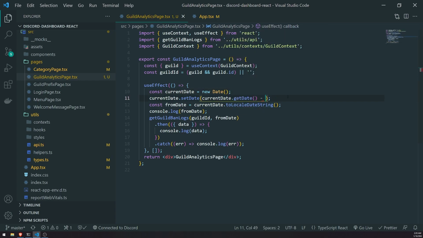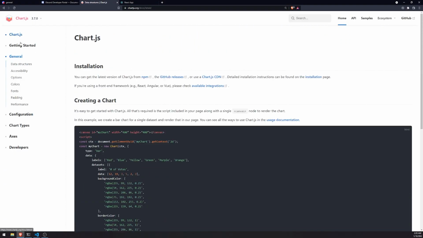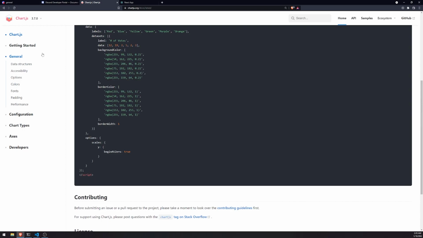Okay, so now what do we do next from here? Well, now that we've gotten the actual records, we need to prepare the data so that we can actually pass it into the chart.js library and it can render just fine. But the first thing that we'll need to do is get all of the labels, and the labels are pretty much, let me show you. The labels are pretty much